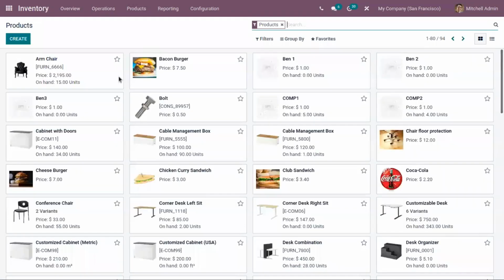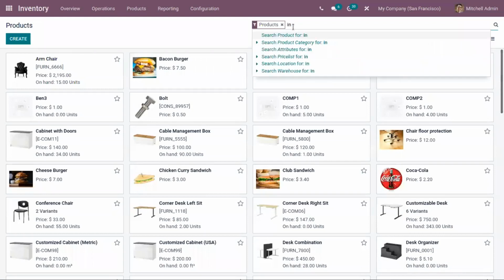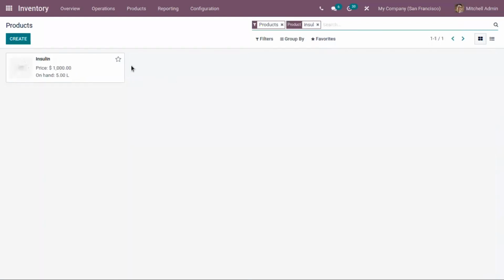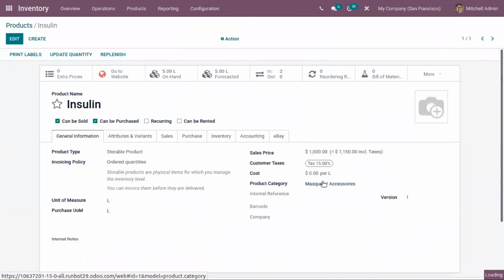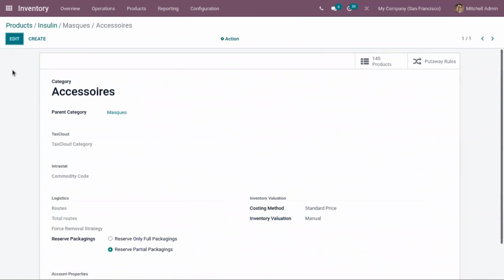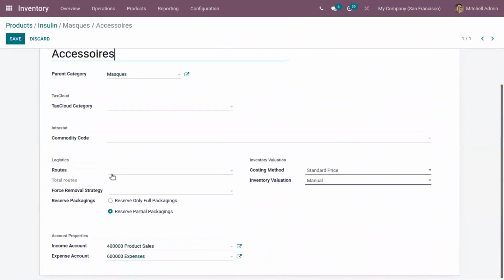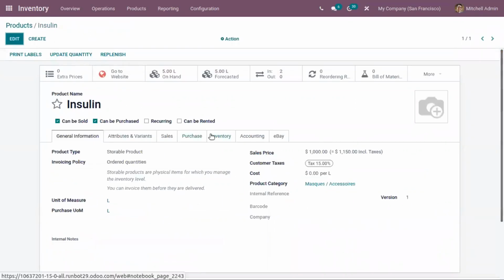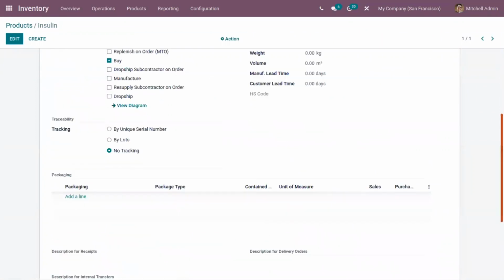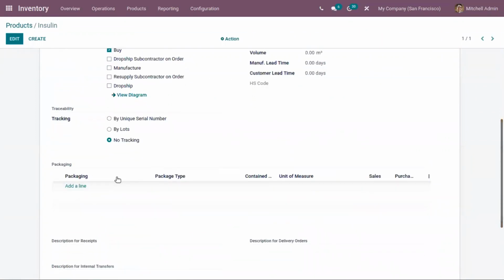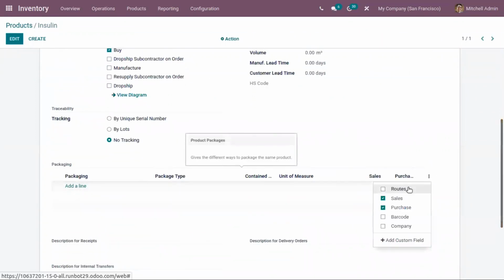Then we can also set this route inside a product category. So here we can add route for a product category. And we can set route for packaging.